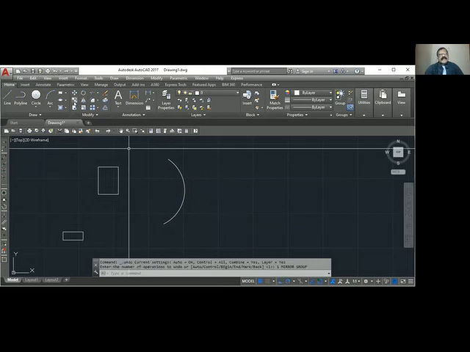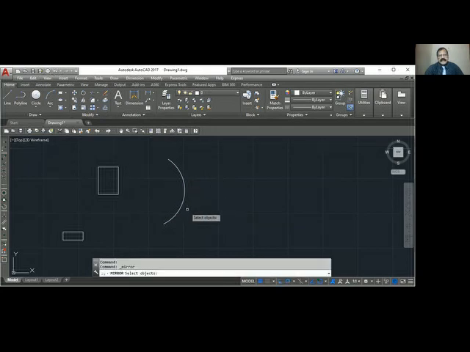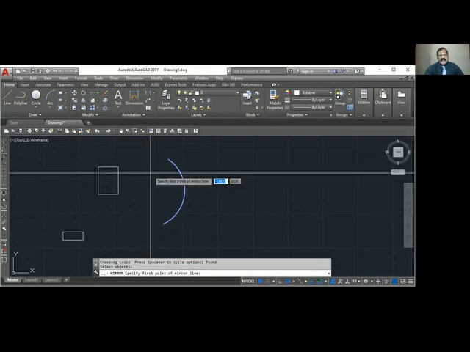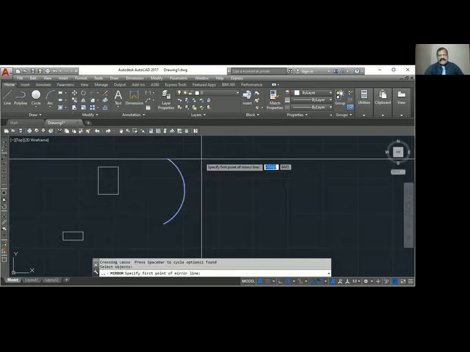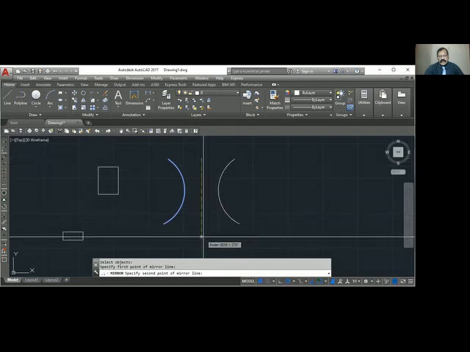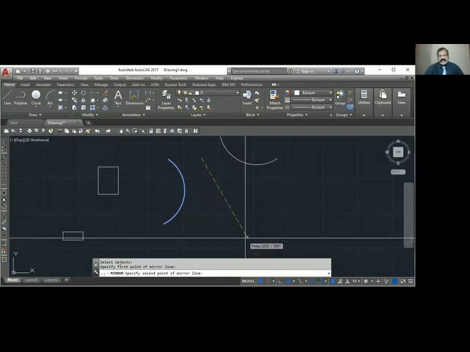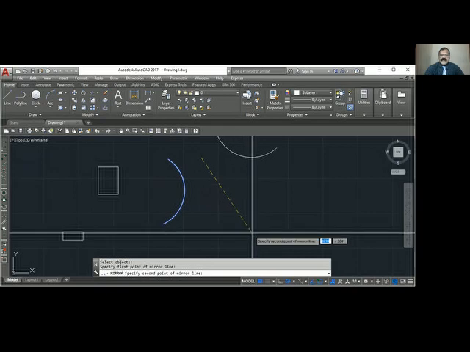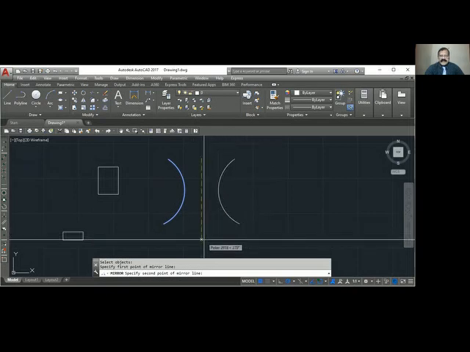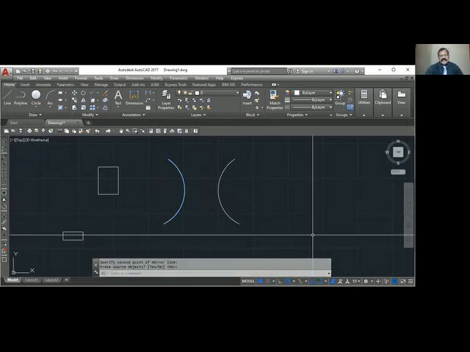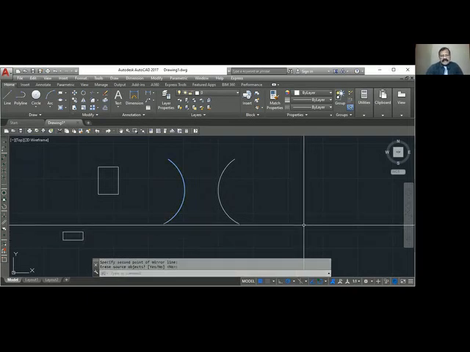Undo. Mirror. Select object. Show the mirror line. Show mirror line number 1. Mirror line number 2. If you show a tilted mirror line, the object also will be tilted. If you show straight, you get the straight. Enter. This is how you do the mirror.